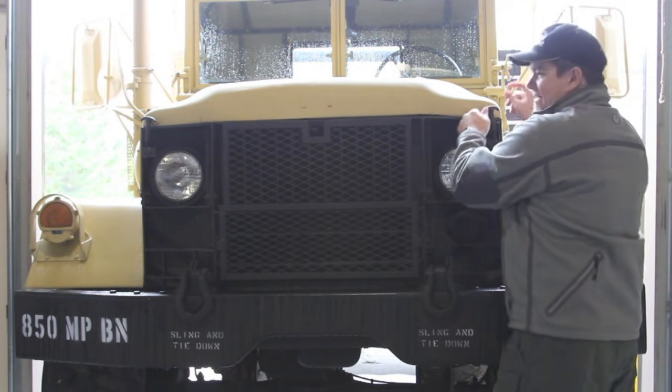All right, there we have it, a quick walk around our 1968 Deuce and a half. If you have any questions about it, you can send me an email. It's